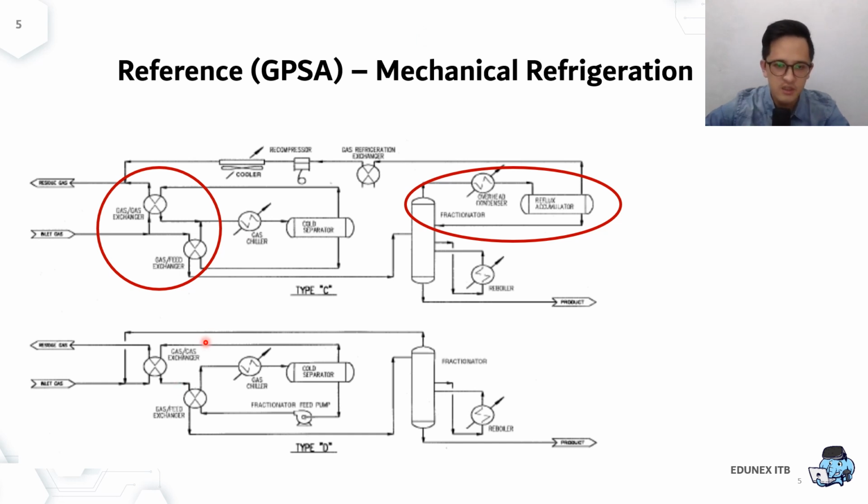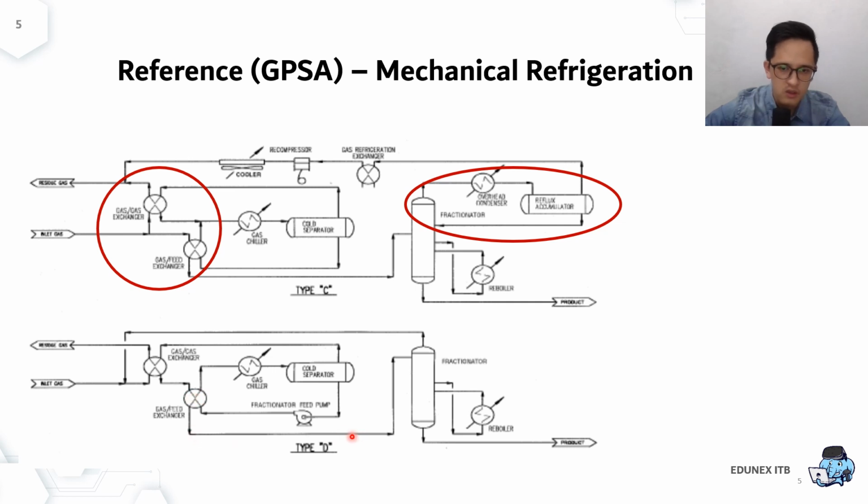The fourth variation can be used where the cold separator liquid can be pumped and the stabilizer run at an elevated pressure. So this will eliminate the need for a recompressor, but this may be limited to a certain application, not very generic. Okay, in this case, again, the cold separator liquid will be pumped or pressurized, so we'll get high pressure,